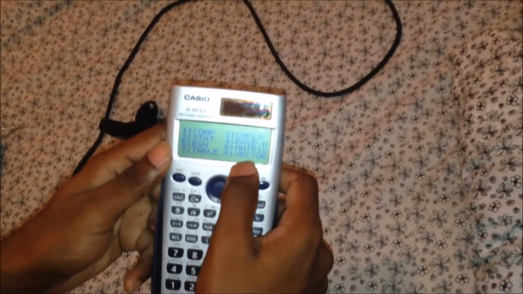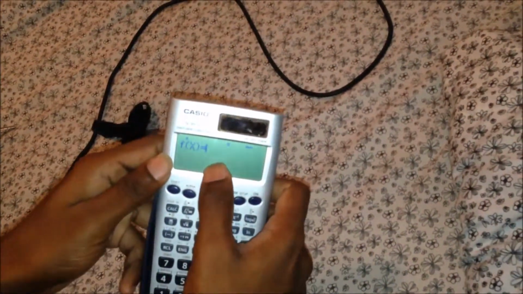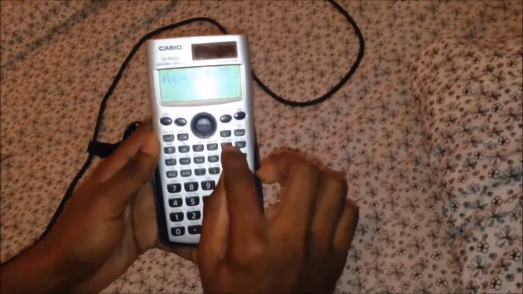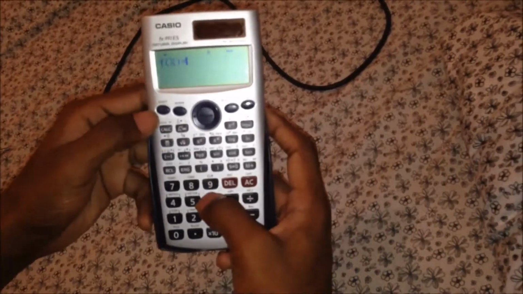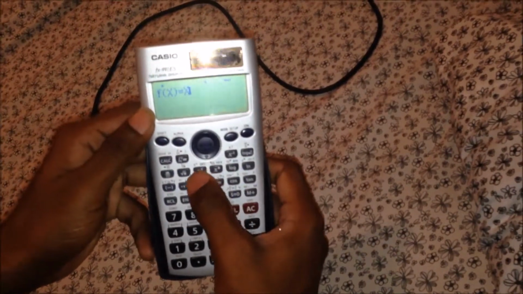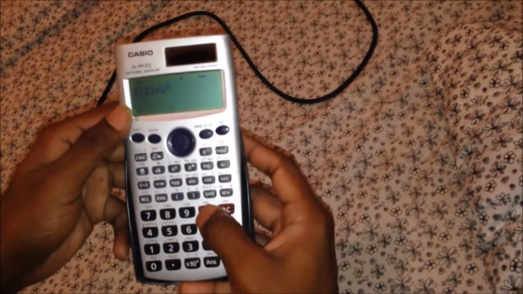Okay, next after matrix we have table, and they are nearly the same. I'm selecting table. Here we have to write an equation. In some situations you have to find values, so I'll write a simple equation. I want the squares of the values from 1 to 10, so I will select x square. Actually, I'll select x cube. Okay, x cube is my equation.